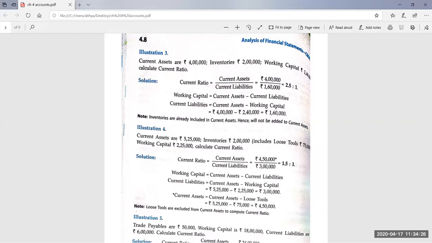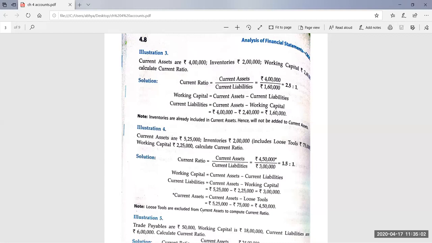Have you people done anything with trade payable? Have you added it or subtracted it? All of those who have given me an answer, have you added trade payable or subtracted it? Harshdeep, correct answer. Yes, Anmol. No. So I just want to make one thing clear: whenever any whole concept is given, Anirudh Gupta is saying that you added it in current liabilities. You need not add it in current liability. It is already added in current liability.